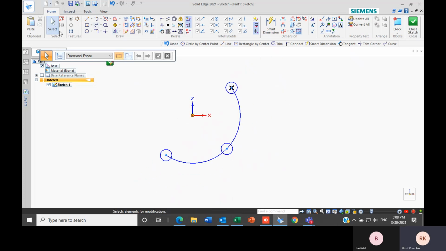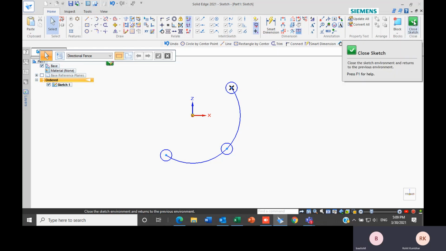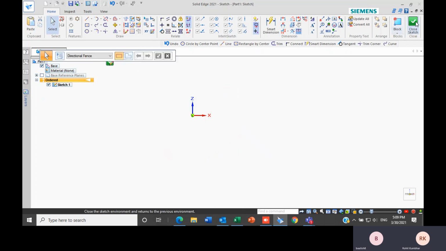So is there any doubt related to pattern command? This circular rectangular pattern? No, sir. No, sir. Okay, so this one is mostly about sketching. So if there are any doubts, you just practice it, and if there are any doubts, we will take it in the tomorrow session. Okay. Okay, sir. Okay. So for now, I will conclude this session related to the sketching. Yes, sir.